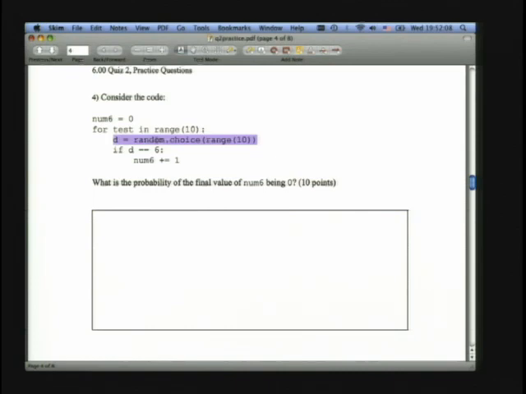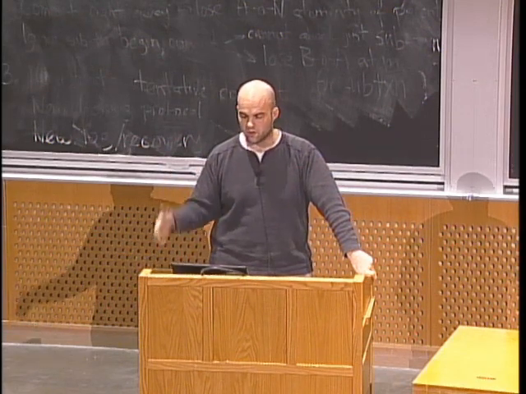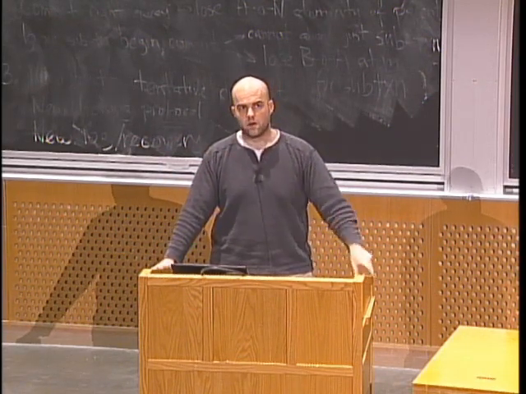So what this code is doing is, for 10 times, it's drawing a random integer from 0 to 9. It's a uniform distribution. And it's counting the number of times that the integer drawn is 6, and it's incrementing a counter. So the question can be rephrased as, what's the probability that no 6s were drawn 10 times out of a pool of 10 integers? And the way you can figure it out is on one